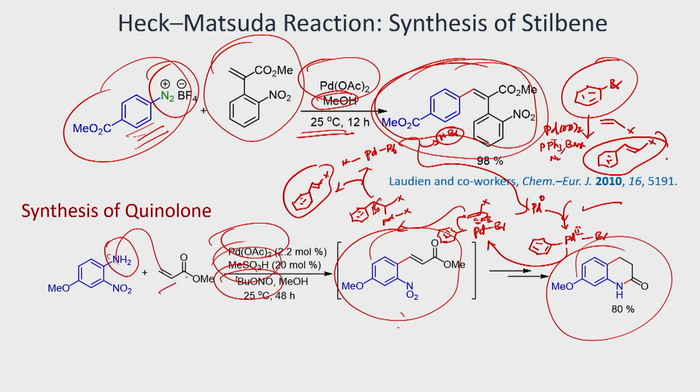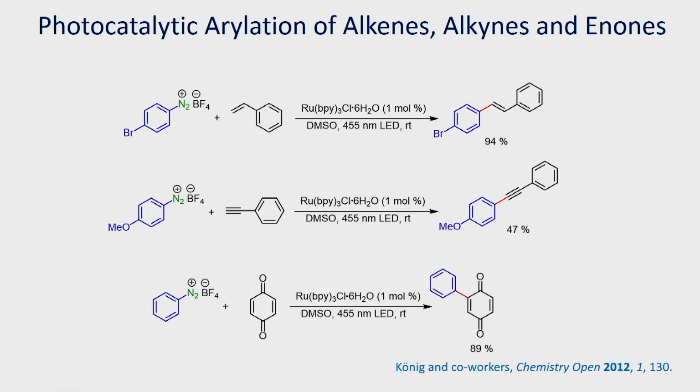In this way, for example, here the reaction of methyl acrylate with this aniline derivative is shown. You can couple them, and you will get this cinnamic acid derivative as the product. So far we have seen the C-C coupling reaction using diazonium salt as a precursor. First we have seen the reaction with boronic acid. Then we have seen some examples of the Heck reaction. Now let us look at